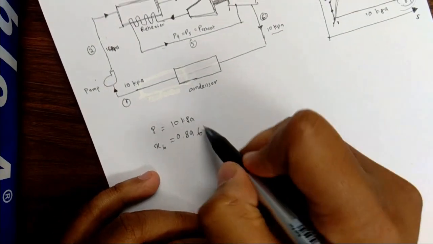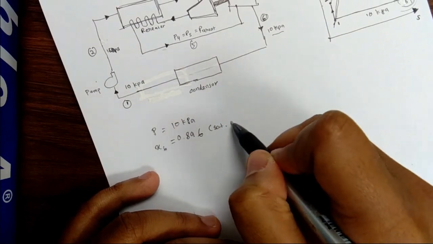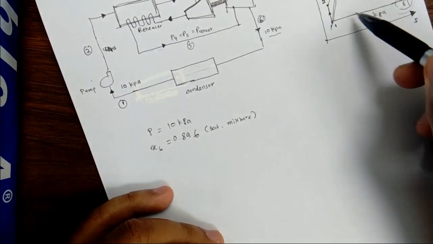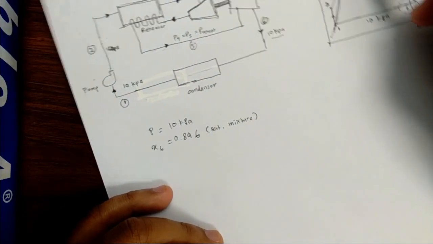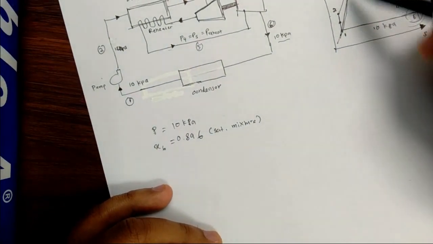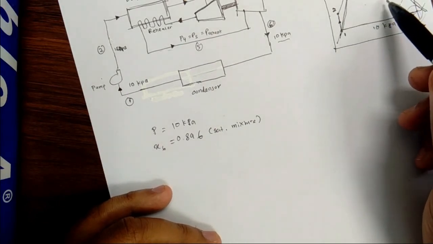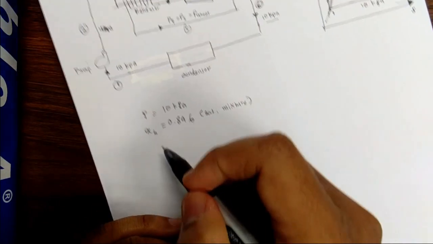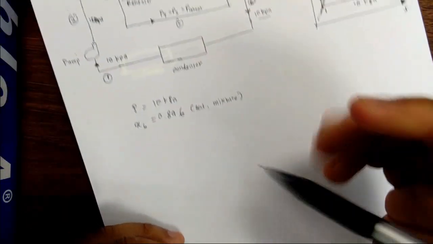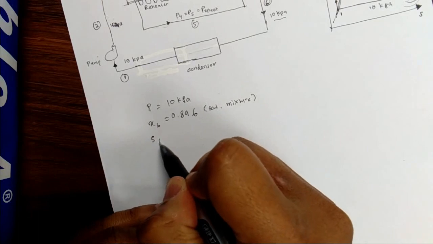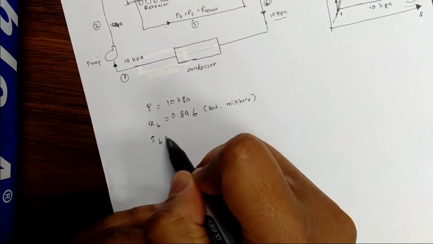This is in the saturated mixture between gas and vapor. The area below the curve is in the state of vapor and water. Okay, and then another piece of information is S6 is equal to